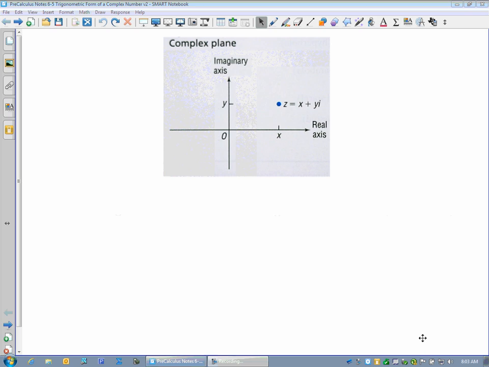Hello, this is Mr. P, and today we're going to learn about the trigonometric form of a complex number. We're going to start with the complex plane, which is also called the Argand plane, and that happens when we